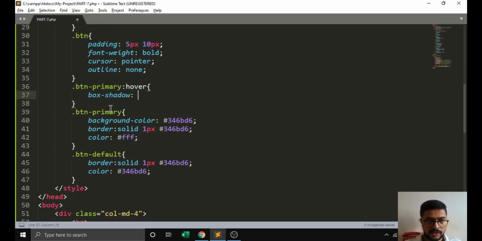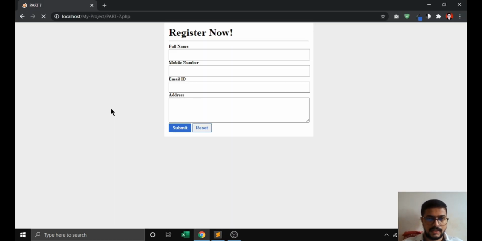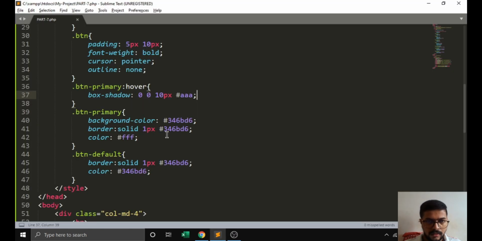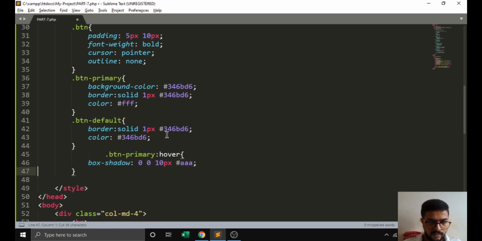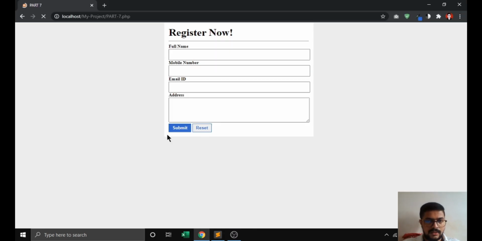For that, box shadow 0 0 10 pixel, and we have to pass the color. So I am passing this color, and here we will pass this directly to the button property.